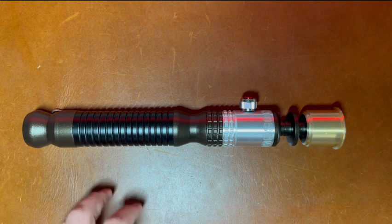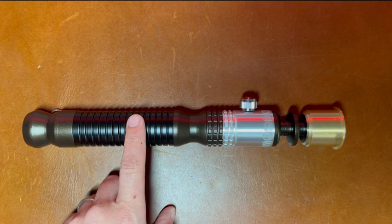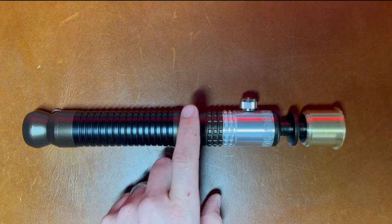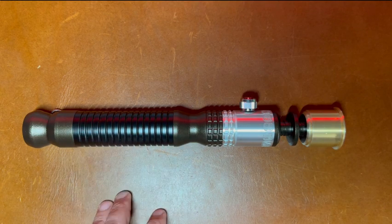stock. All right, and then after I had machined it, I sent it over first to Christopher Royal over at Royal Custom Armory to do the powder coating. I don't have my powder coating station anymore. It's not something I mess with. It just makes a mess, so I got rid of it. But Christopher Royal does the best powder coating that I've seen in this hobby by far. So I sent it over to him so I could get the best of the best to do something with this,